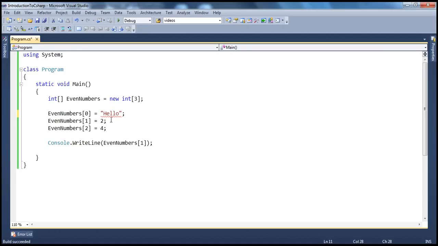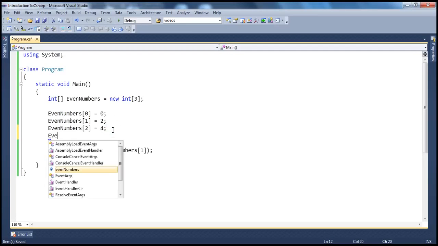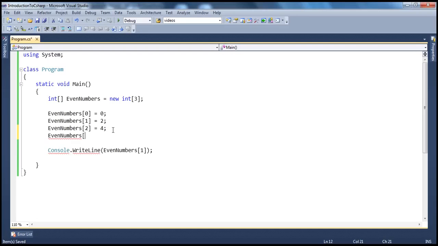The disadvantages are, once you initialize the size of an array, they cannot grow in size anymore. For example, in this case, the size of this array is 3. Now if I try to hold a fourth element within this array, for example